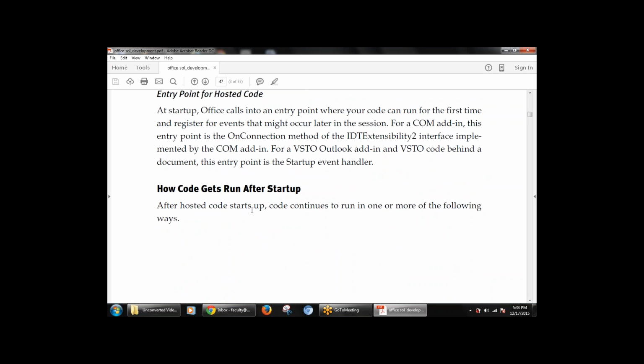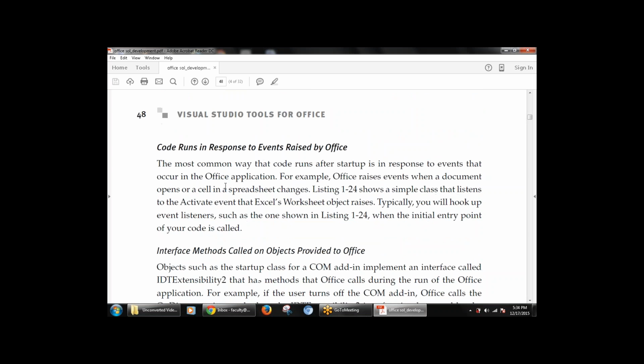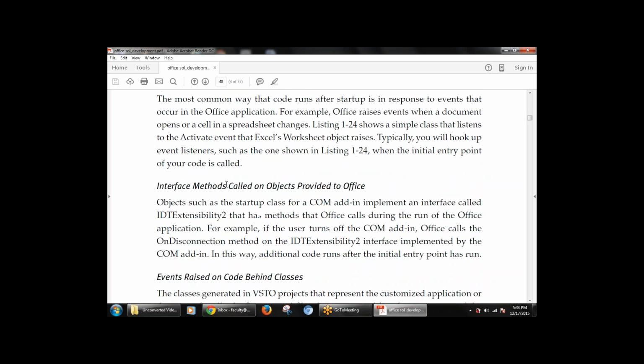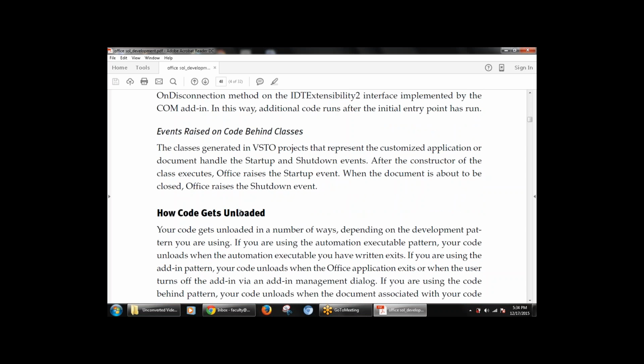So after startup, after getting the hosted code, how the code gets run. Then the interface methods. Then what are the various events that are based on the code behind the class. Then how the code gets unloaded. So once it is loaded, then how